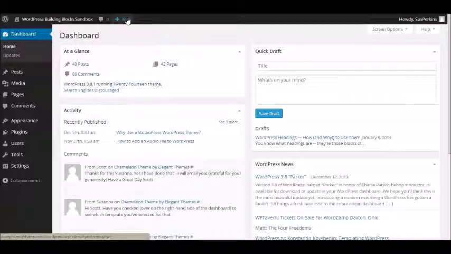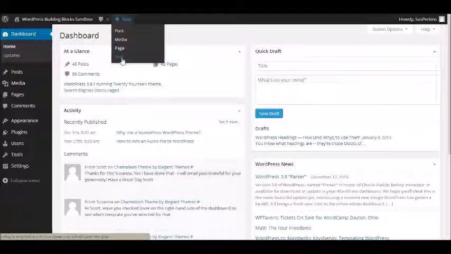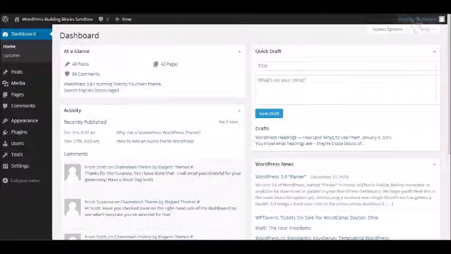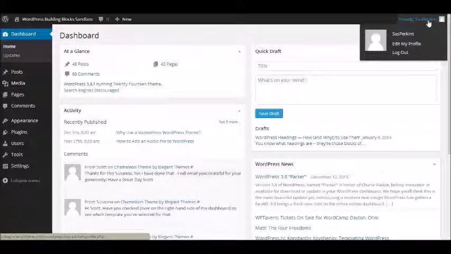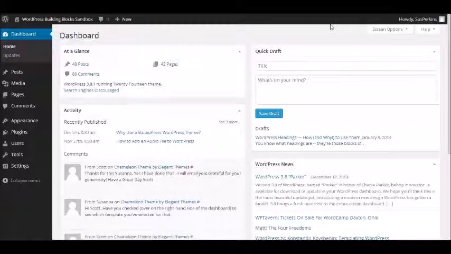And here you have the new area where you can add a new post, a new media, which could be an image or an audio file, a new page, or a new user. Over to the right, you see it says Howdy, and there's my screen name. From here, I can directly go to edit my profile or log out. And just underneath that, you have a help button